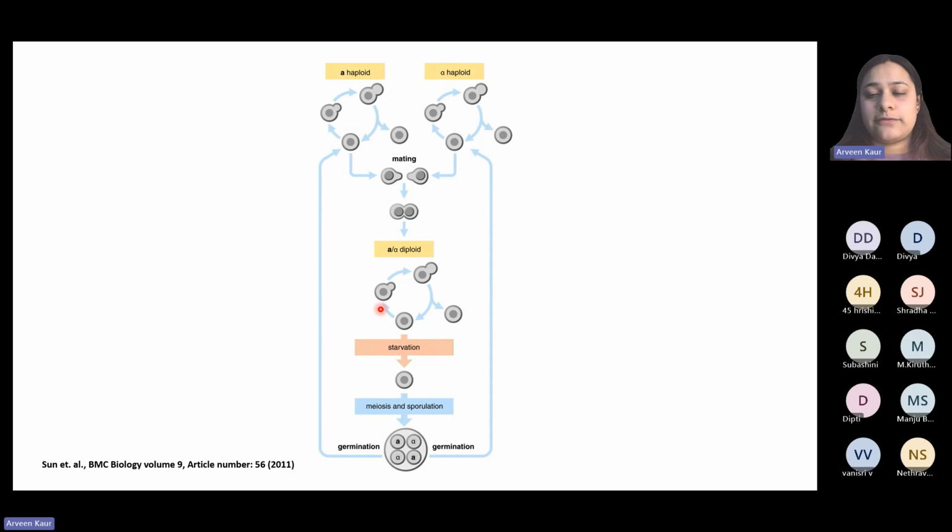Under this very stressful or nutrient deficient condition, the yeast will form a covering around it, right? And within this covering, this diploid yeast will undergo,